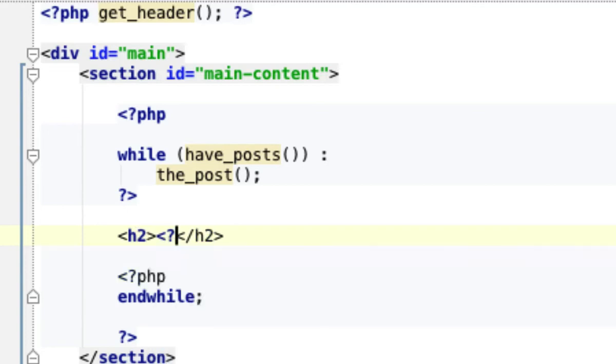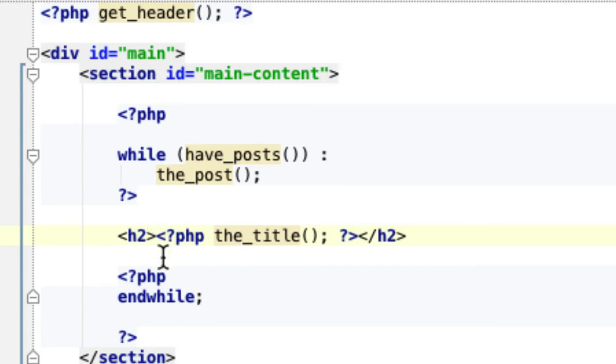And the way I can do that is using a WordPress function called the_title. You'll notice that these are pretty logically named, and they all follow the same sort of format. It'll be the_ and then the thing that you want to output. And you'll find reference to all of these in the function reference and the template tag links which I provided